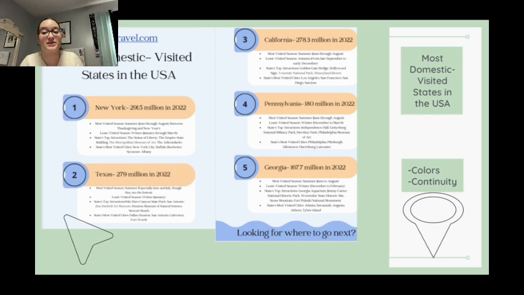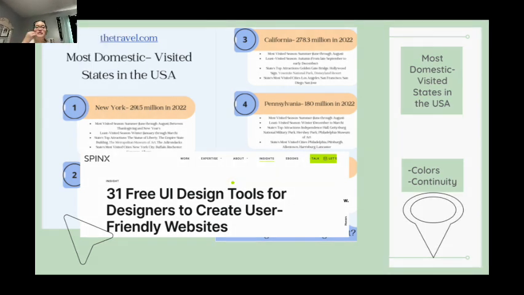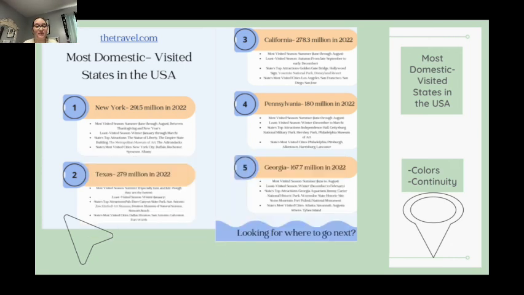I titled it The Most Domestic Visited States in the USA, and I use colors and continuity, which this website, as well as the data visualization, mention the simplicity and the ideas behind simplicity and color when looking at infographics, which is something that I definitely kept in mind when making this. As far as continuity, it's, once again, like I said, very simple, very easy to follow, very hard to misinterpret